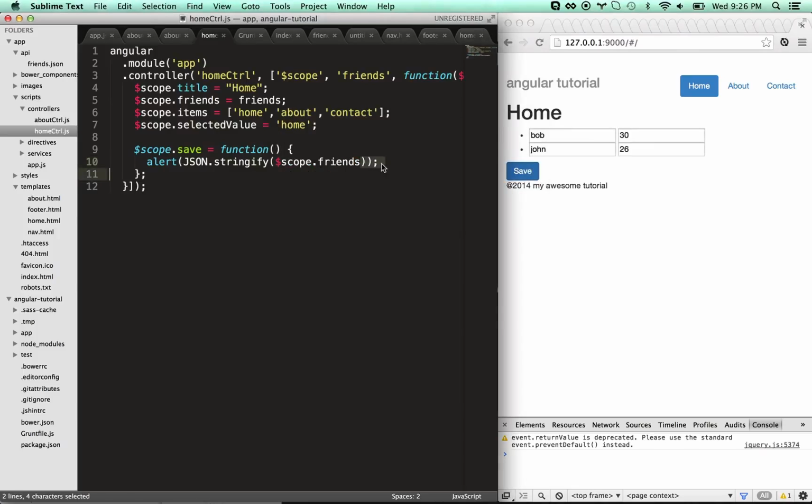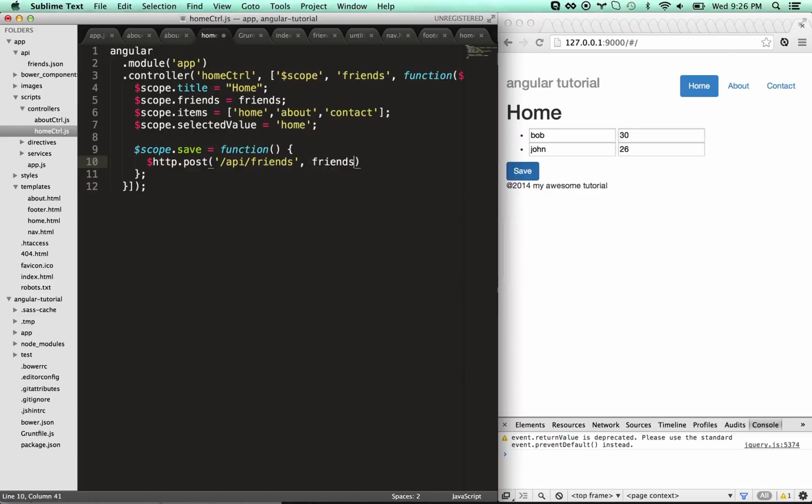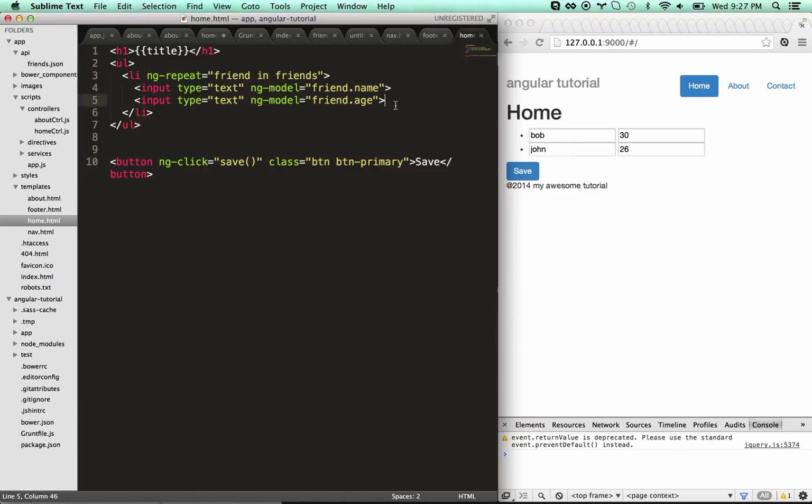So I can also do an HTTP, same thing, post friends, and I can just put in scope.friends. Or actually I can just do friends. There you go. That's going to post that data straight back up, and now I have a real-time editor for my friends list. If I wanted to make a button on each one that deleted it,